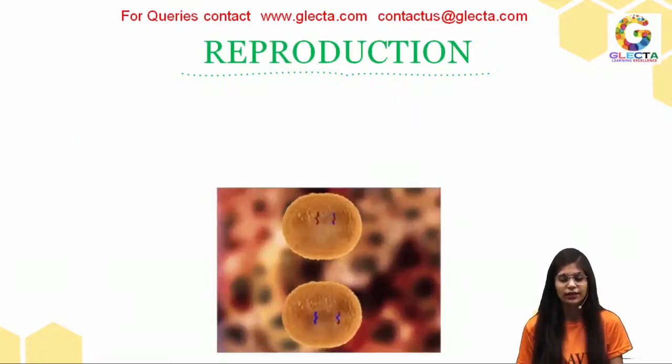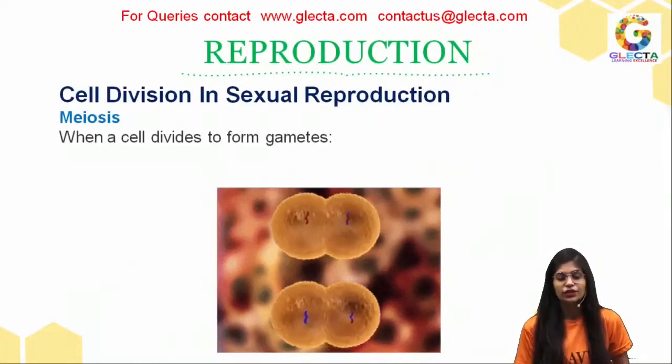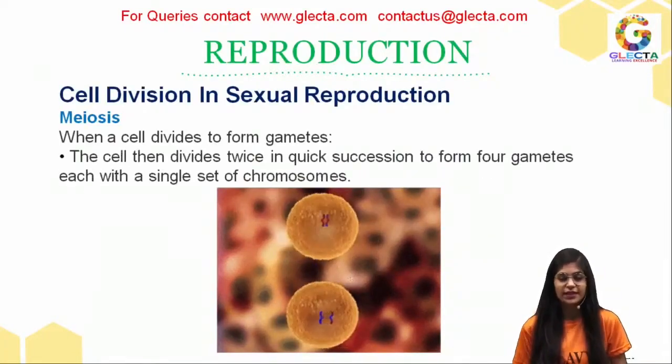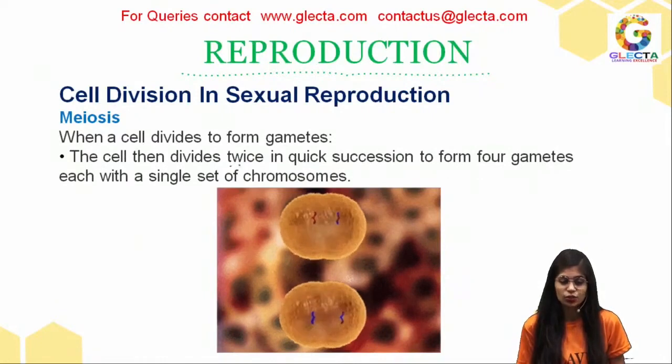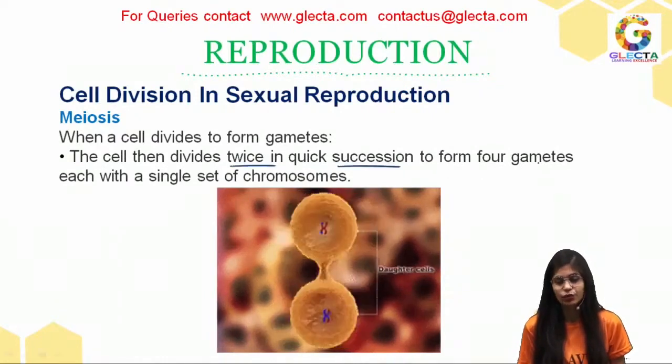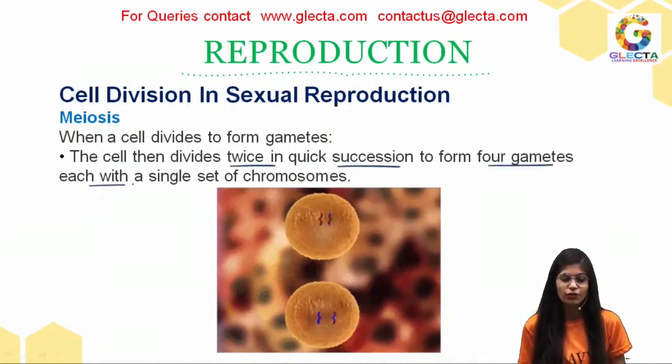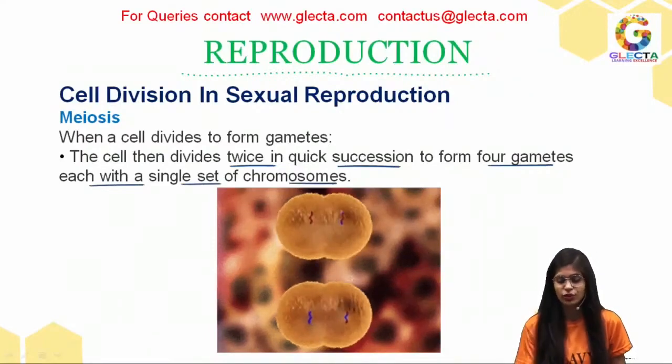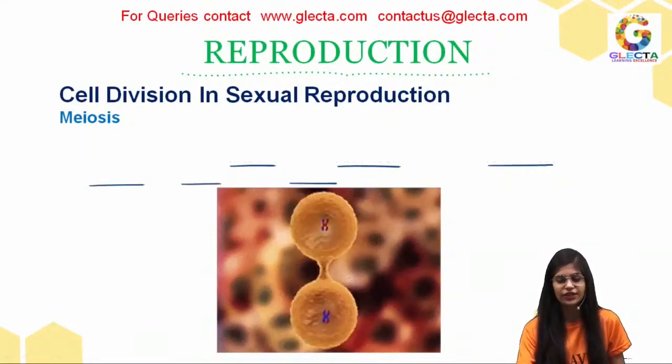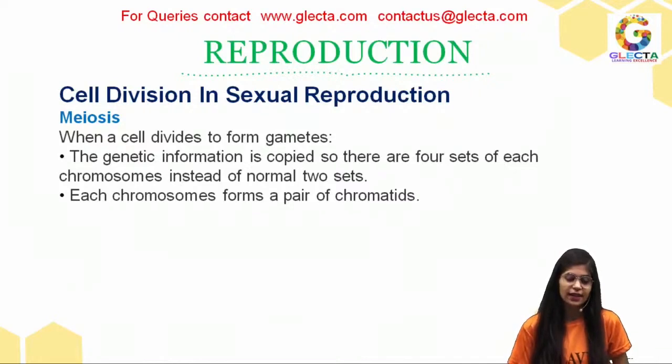This is what meiosis looks like. So the cells are dividing to form gametes, and the cell divides twice in quick succession to form 4 gametes, each of which will have a single set of chromosomes. What's actually happening here is, look at this. I told you that chromosome number 1 is going to have 2 chromosomes, one from the mother and another from the father. So if I draw that,